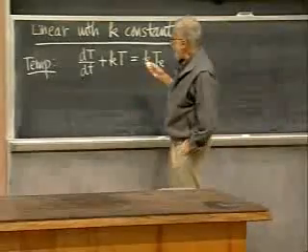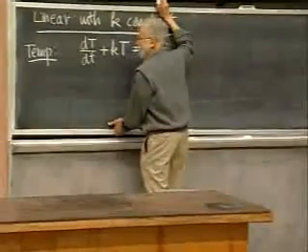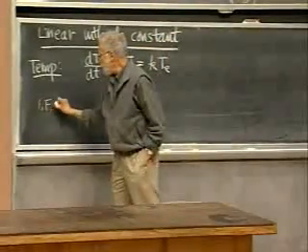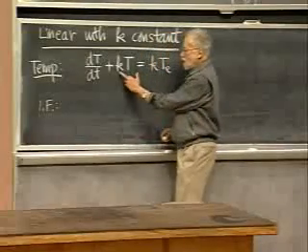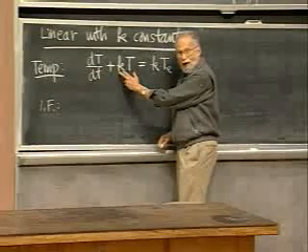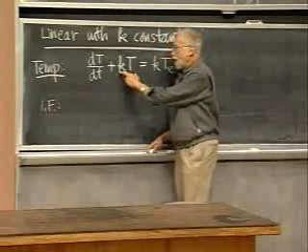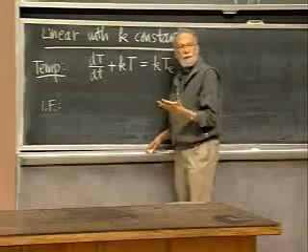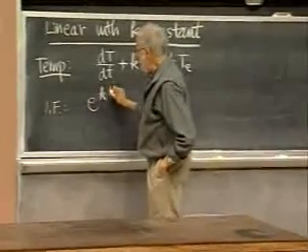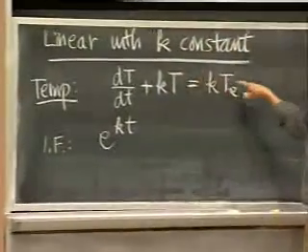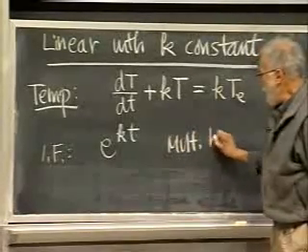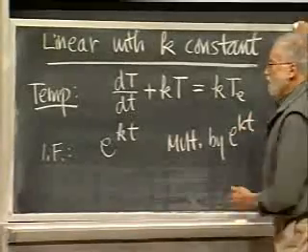Okay, now a lot of this we're going to do in our head because this is really too easy. What's the integrating factor? Well, the integrating factor is going to be the integral of the coefficient, which is just K, a constant. If I integrate K dt, I get KT, and I exponentiate that, so the integrating factor is e to the KT. I multiply through both sides by e to the KT,